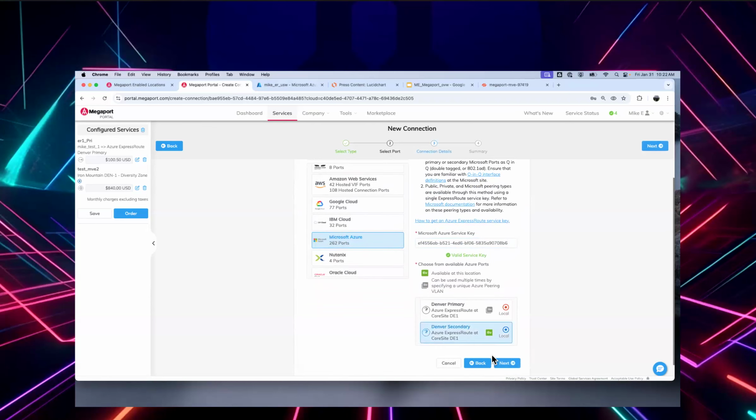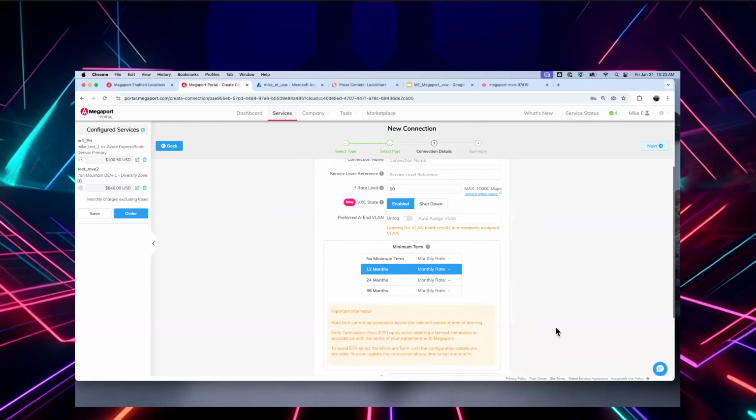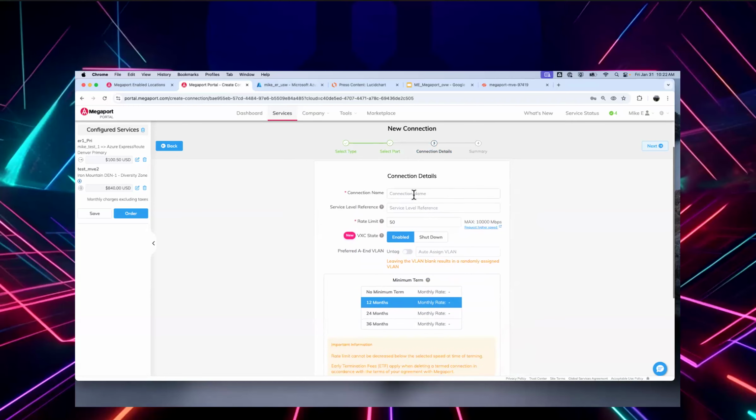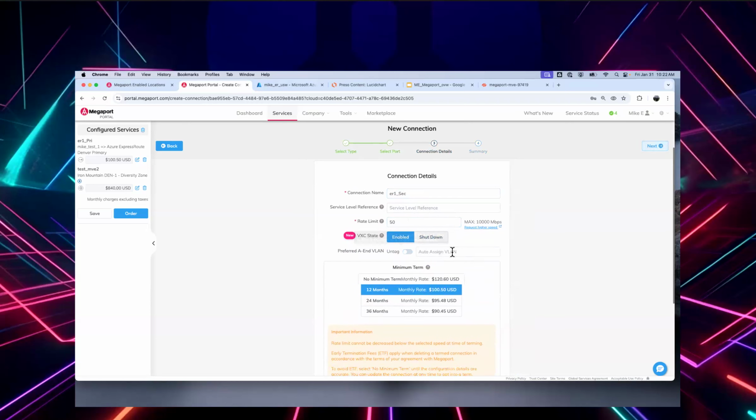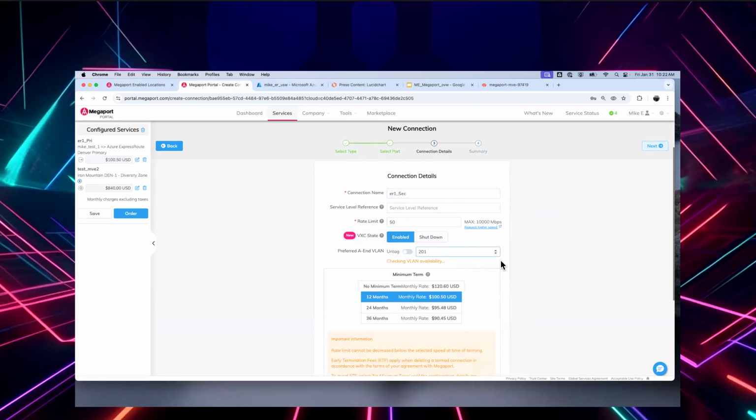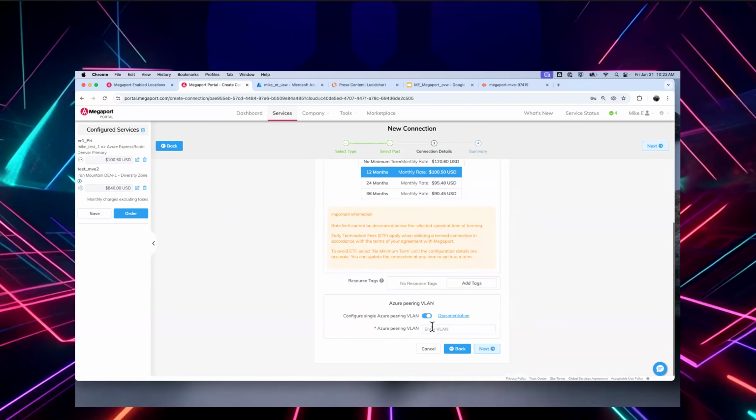Okay. And I'm going to on-ramp in Denver again. And I'm going to say ER1 secondary, 50 meg. Going to assign this VLAN 201, but I'm still going to map it to the Azure VLAN of 100. Next.